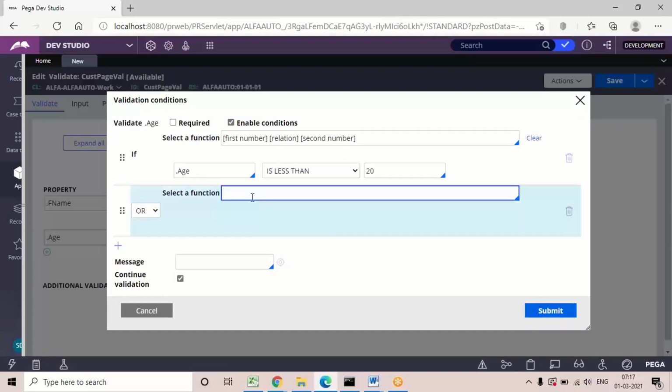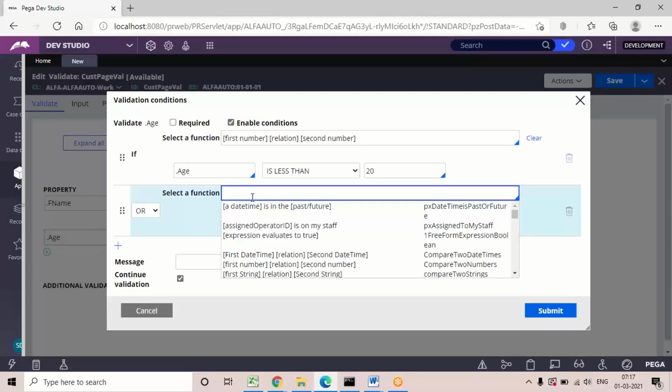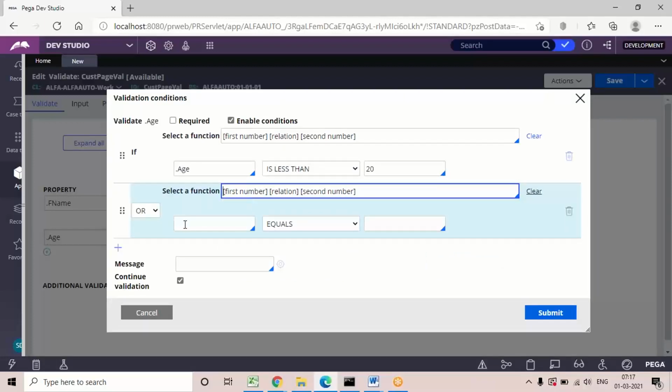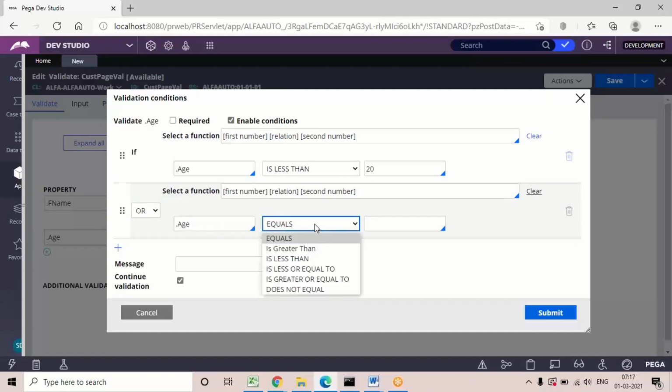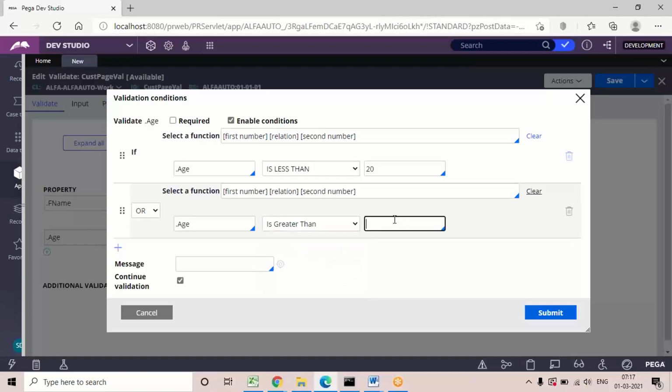Again we are applying a relation condition, so again choose the same function, and this time the condition is age greater than 70. So if the input for age is less than 20 or greater than 70, it should display the error message. That message I'm giving here: age must be between.